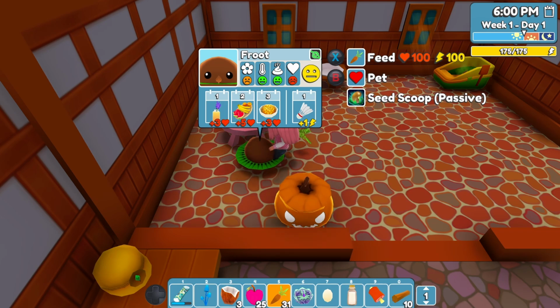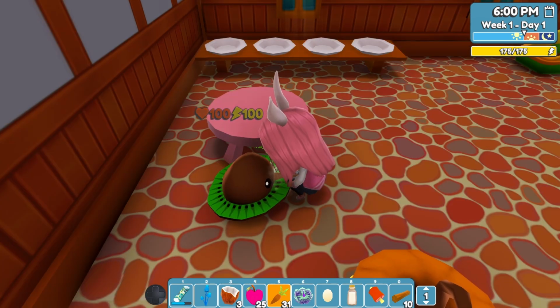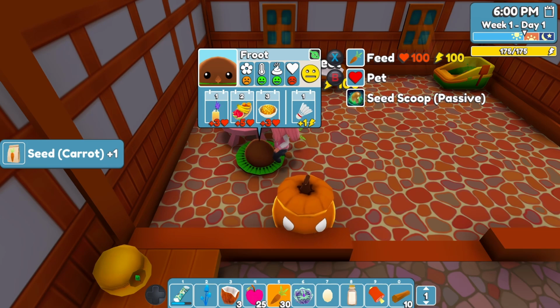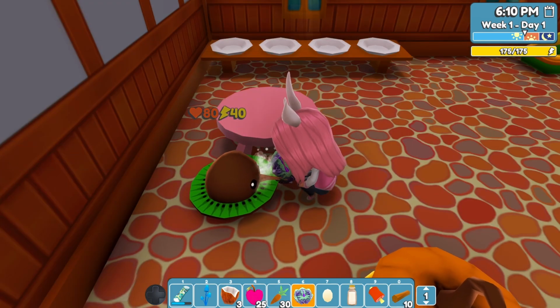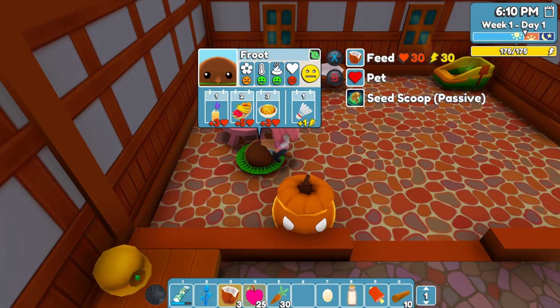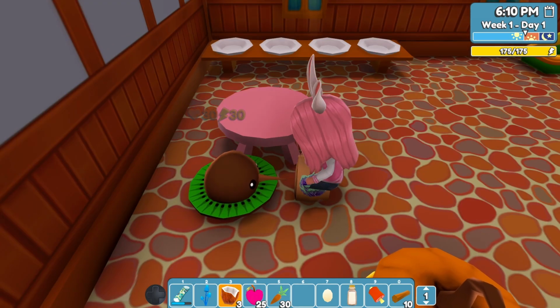The kiwi blob will produce seeds when fed crops, so if you give it a carrot, it will give you back a carrot seed. Same thing, I give it a cabbage and it gives a cabbage seed. However, this does not work with fruits, so if I give a coconut, it will not give back a palm